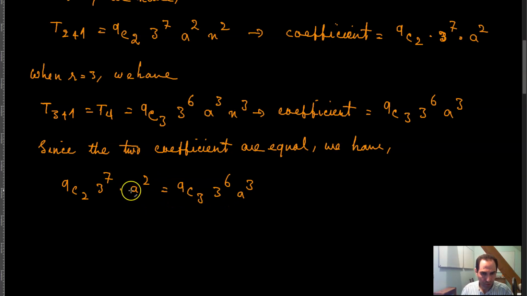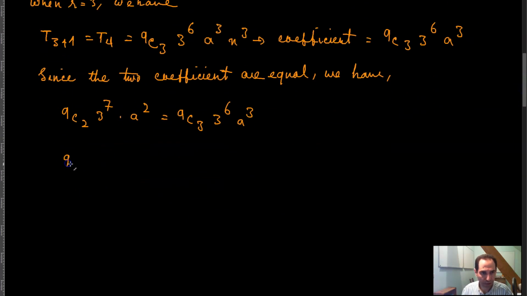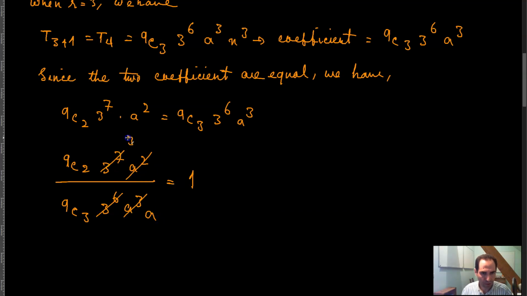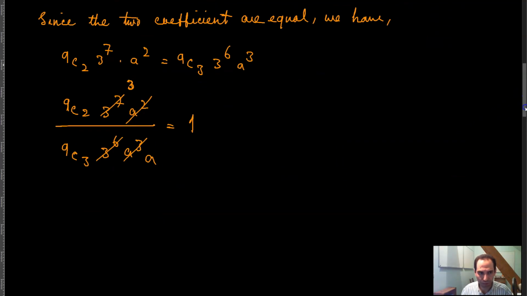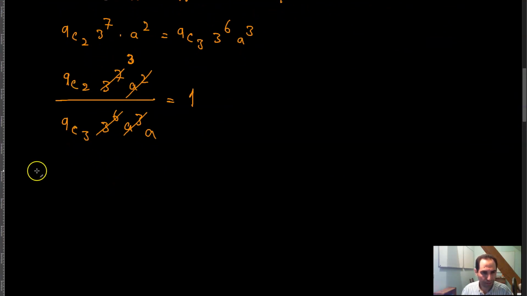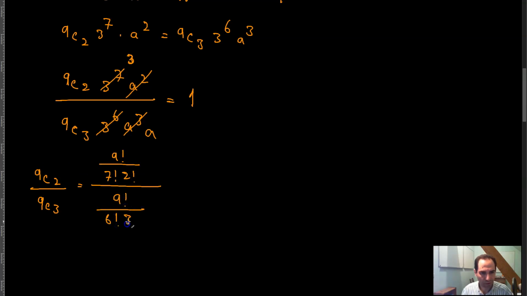So what you can do is divide both sides by this side, meaning that you can say 9 combination 2, 3 raised to the power 7, a raised to the power 2, divided by 9 combination 3, 3 raised to the power 6, a raised to the power 3 is equal to 1. And then you will get an a over here, a 3 over here, and 9 combination 2 by 9 combination 3 is the same thing as 9 factorial over 7 factorial 2 factorial, divided by 9 factorial over 6 factorial 3 factorial,